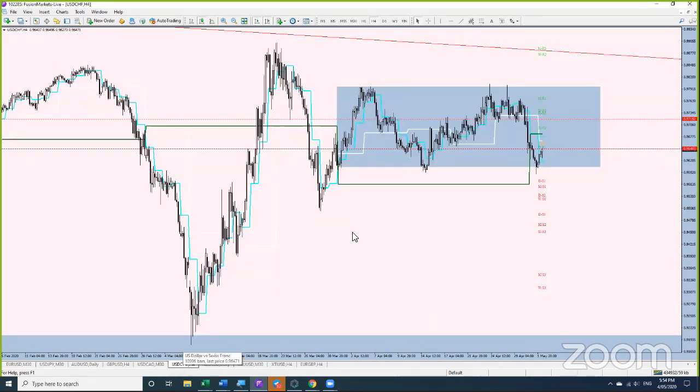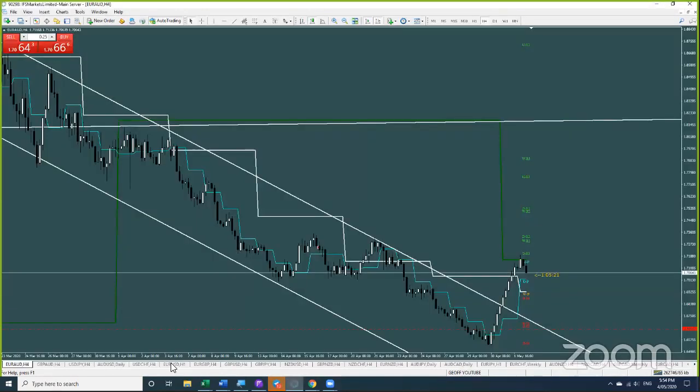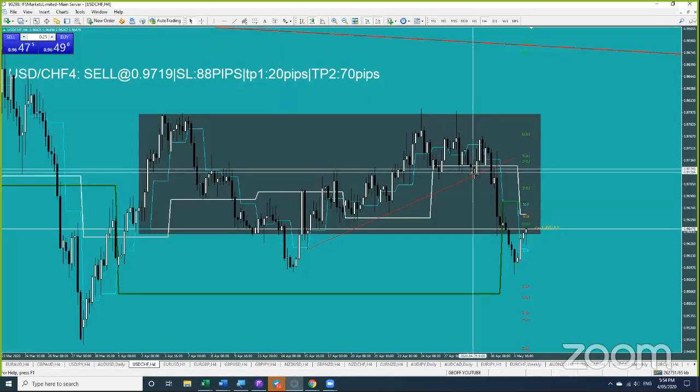Oh, finally we got a bit of a break on dollar Swissy. We've been trading this short for how long? When did we get into this? Let me go back here. Dollar Swissy, there it is. Okay, we got into this on Wednesday, and it just took the longest time to take off, but finally it did on this breakout bar here,